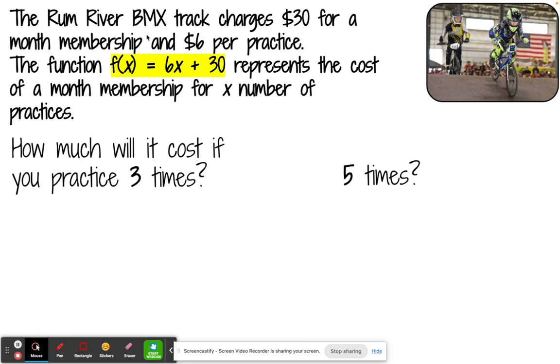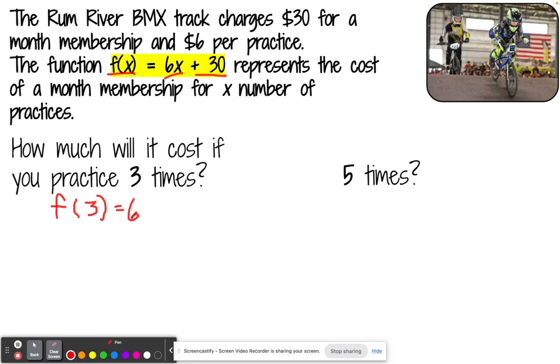Okay, the Rum River BMX track charges $30 for a month membership and $6 per practice. So this is our function. F of x is equal to $6 per practice plus my $30 monthly membership. This is the cost for x number of practices. So we want to know what it'll cost if we practice 3 times. So using my function notation, my f of 3 will equal, notice I'm substituting into this function,